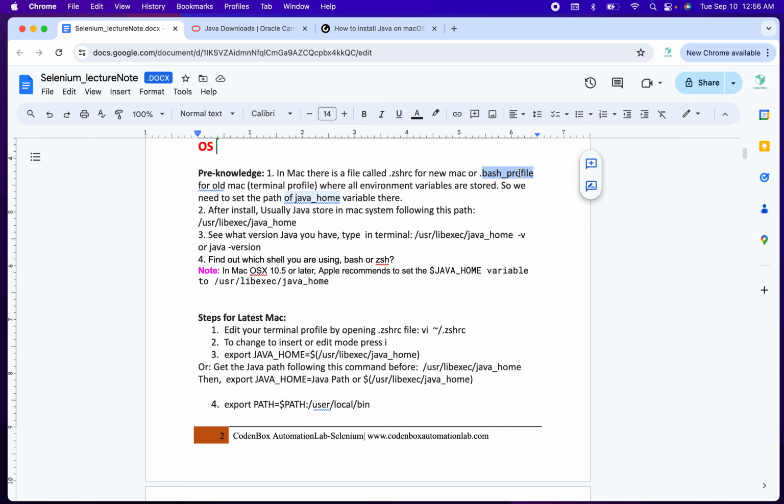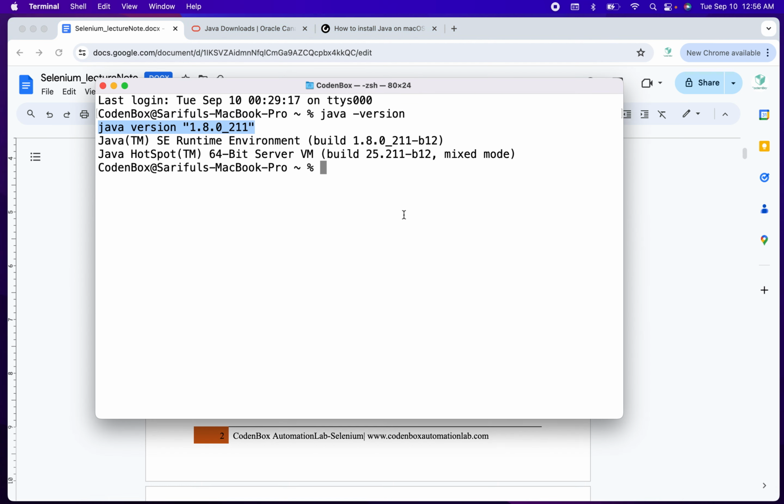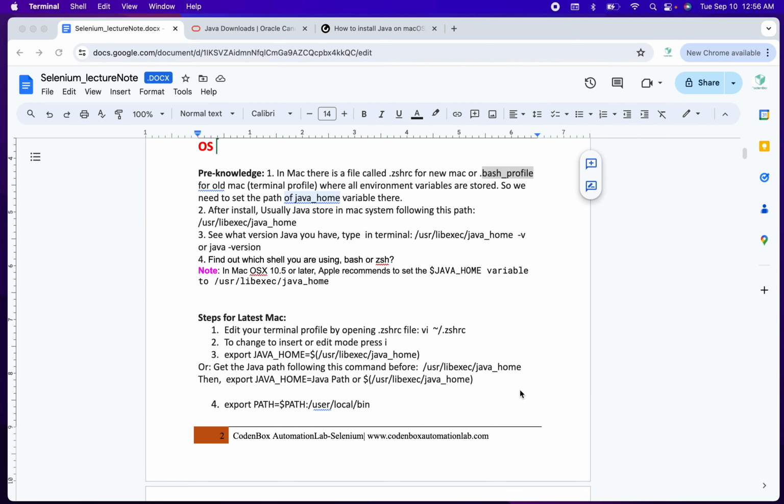Okay, and you can easily check from your Apple menu what macOS version you have, and you will also be able to see it as soon as you open your terminal, it will tell you. You can see for me it's saying .zsh. So this is the newer Mac machine, with an updated macOS version, which has to be above 10.5. You can see here is a note: in macOS 10.5 or later, Apple recommends to use